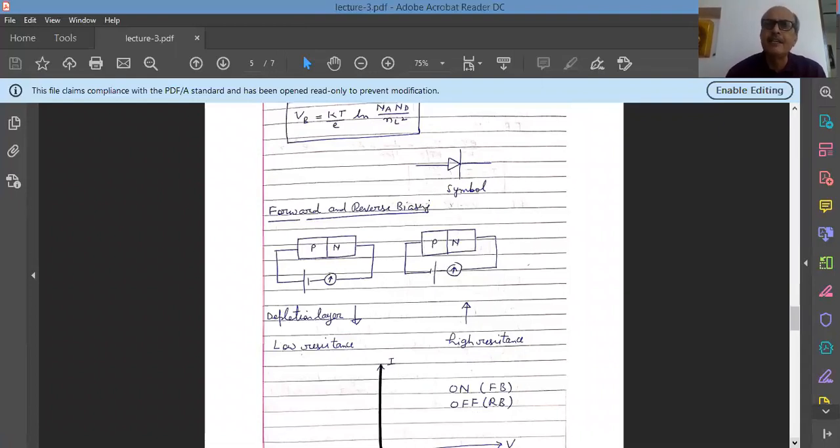And that is the reason why a diode, when reverse biased, offers a very high resistance. So I'm not going into the details of forward biasing and reverse biasing. If you talk in terms of the energy band diagram, the barrier voltage is lowered when you increase the forward bias voltage, and the barrier voltage increases if you apply more and more reverse bias voltage. Suppose we have an ideal diode.